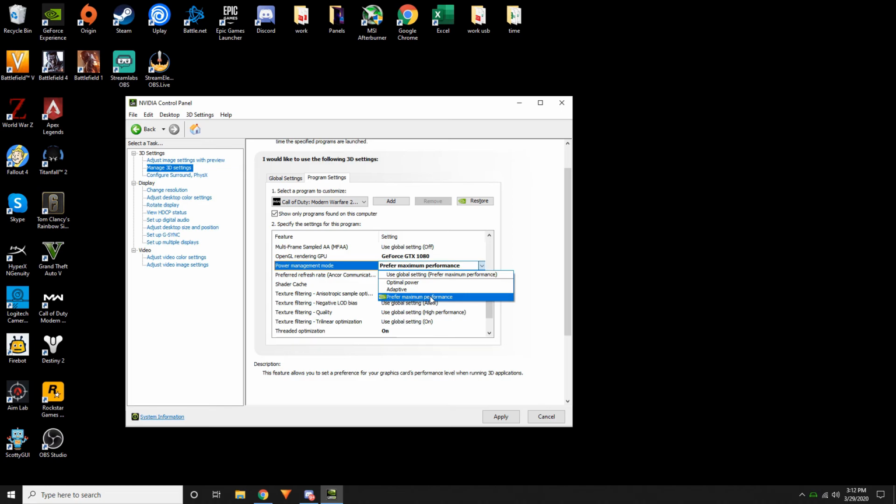In other games such as Apex, I have it set to optimal power. That's just my preference. Apex runs, I wouldn't say smoother, but it's easier to run. I don't know, it's just easier to run. Max, our preferred refresh rate, highest available, shader on, texture filtering off, allow,